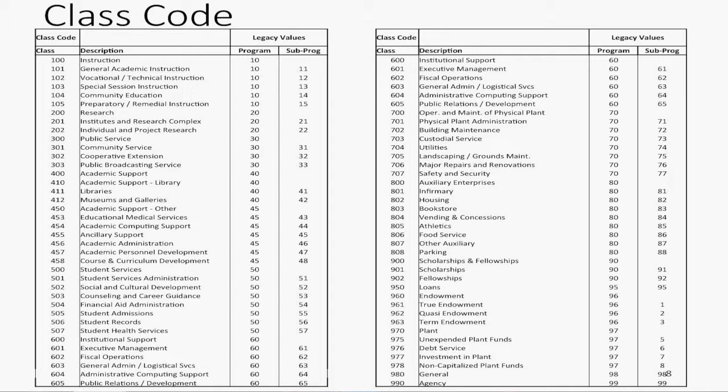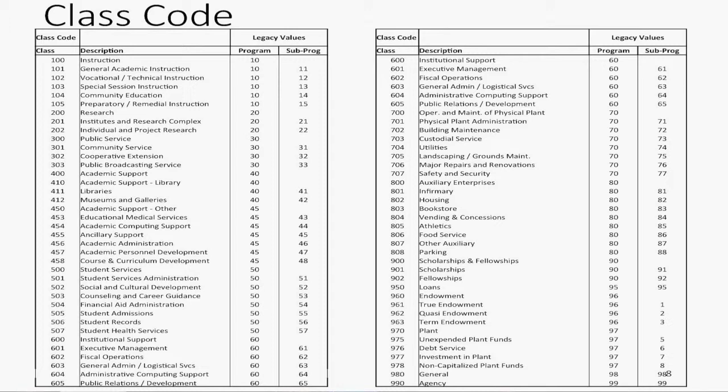Those 100 levels, you can't use those values. So those are not valid values. This is why. Everything in the 100s from 101 to 105 rolls up to 100 for reporting. So if you have instruction, you can use one of 101 through 105. Your values will be there. And then it rolls up to the 100s. And each of them rolls up to the hundreds category. All right? Now,